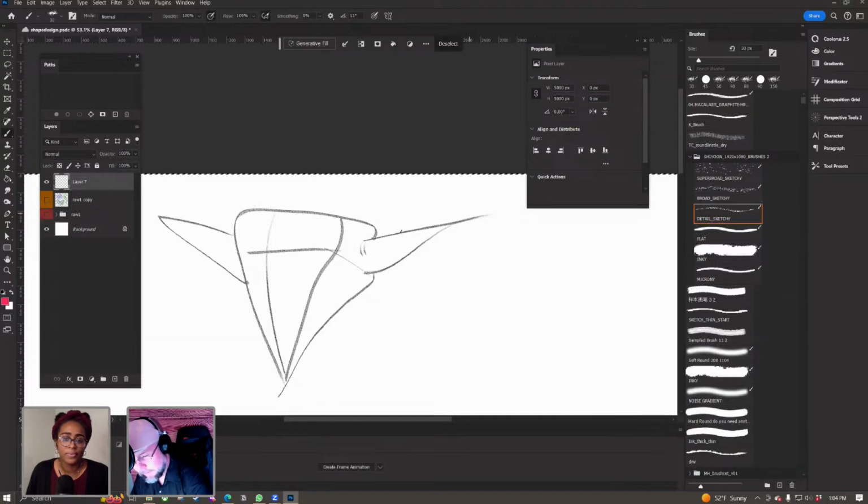So we'll have shape 1, and then shape 2 is right here, and shape 3, and I have it where it's overlap, overlap, overlap, and that makes your characters way more believable when you have that. You can kind of see it even without the grid.